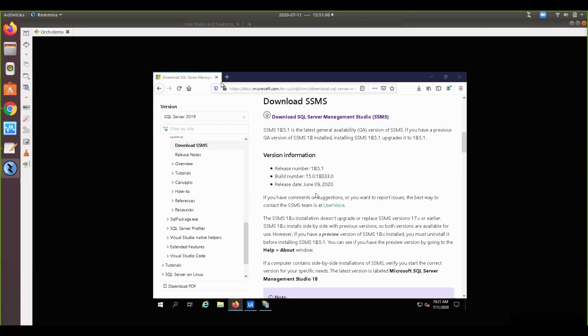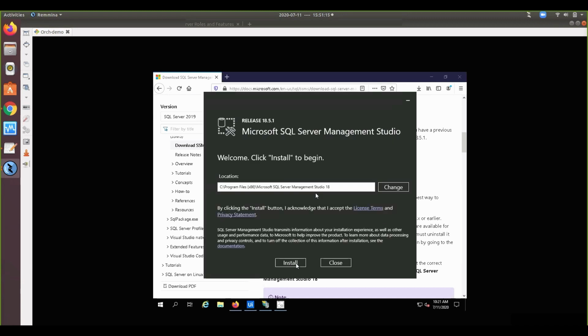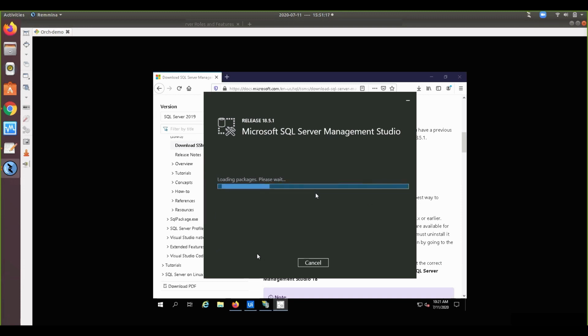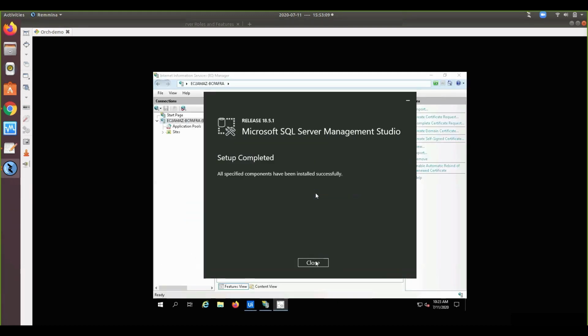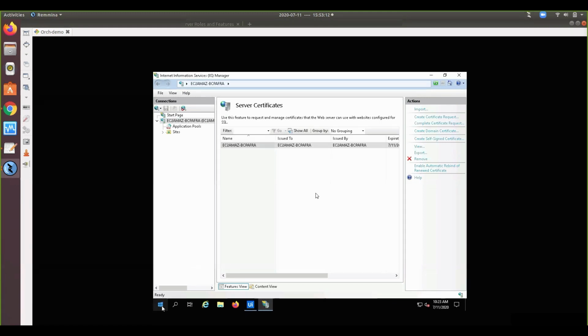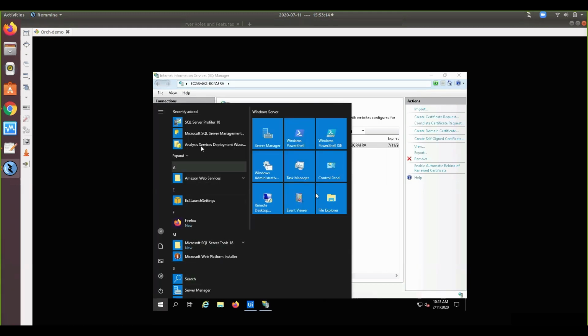So we'll be installing SSMS. It will take a couple of minutes to install. Yeah, the installation was successfully completed, and we'll try to log into our database.